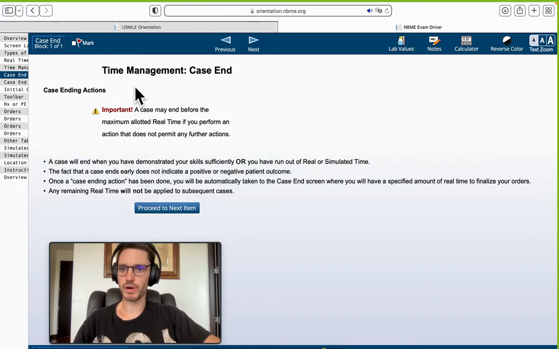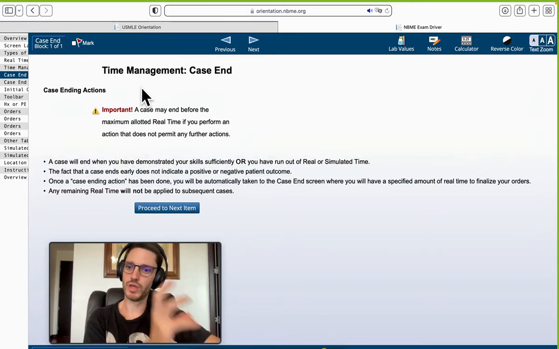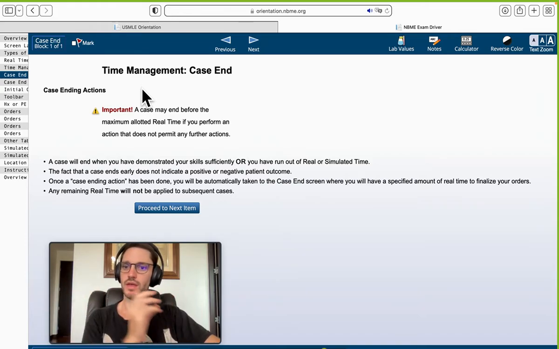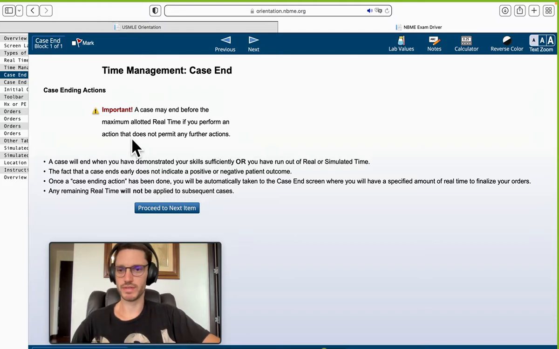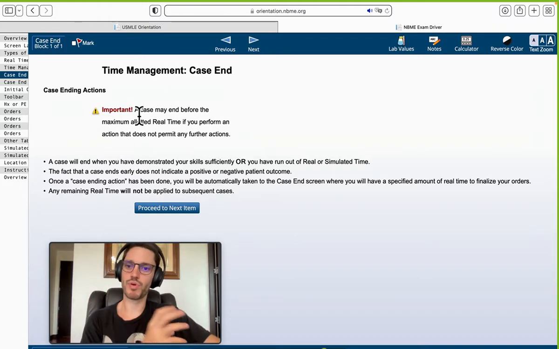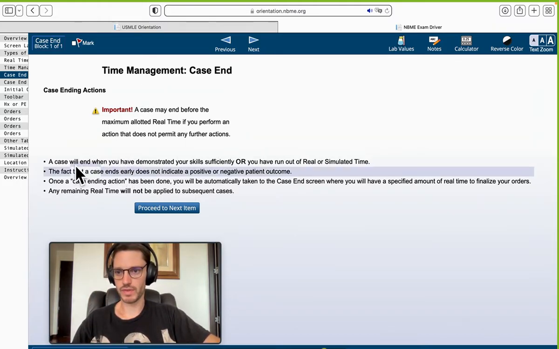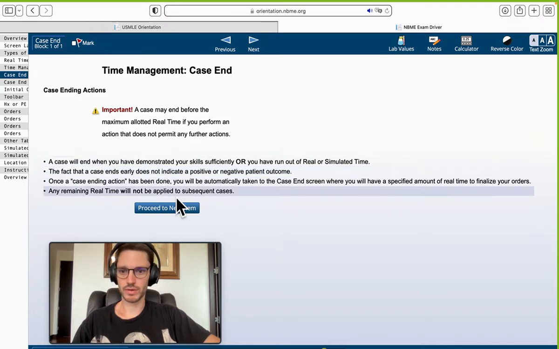The most important part is how you deal with the process, not necessarily the diagnosis of the patient. It's more important the process of the actions you undertake. Okay, so